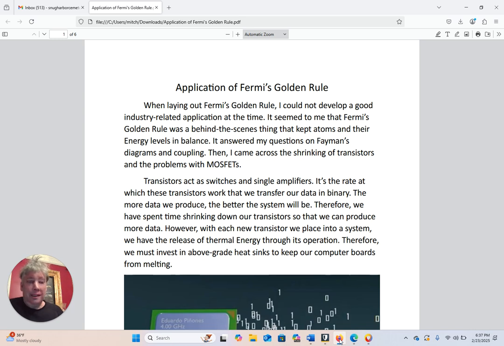And what I mean by that is not regular transistors that we would have in a circuit, but these MOSFETs that were made. They were originally discovered in the 50s, like 1959, and they started being used in electronics in the late 60s. But let's talk first about regular transistors and the problem with Moore's law.